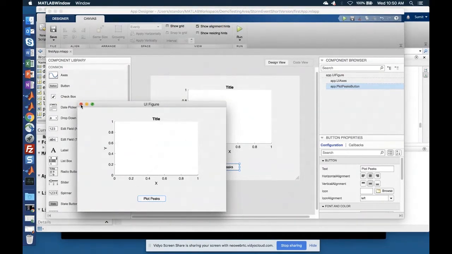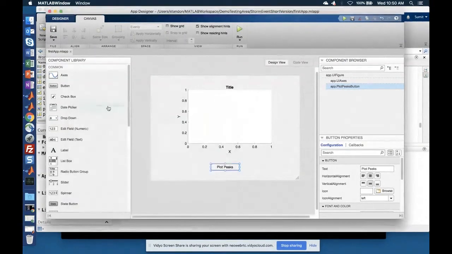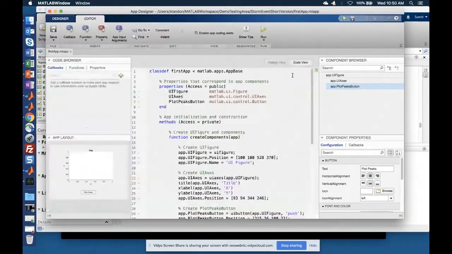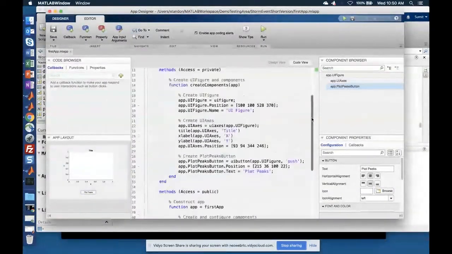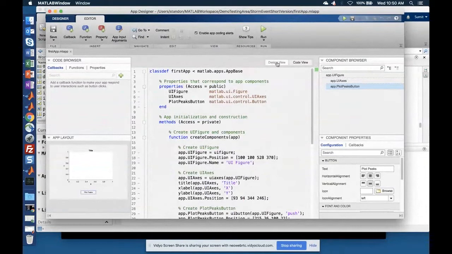So we actually need to program the behavior of this control. If you go back to the App Designer, we'll see there's a design view and there's a code view. If I click on the code view, that's where I can see the code that goes on behind the app to create it.